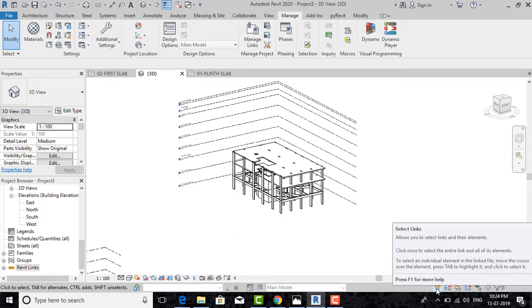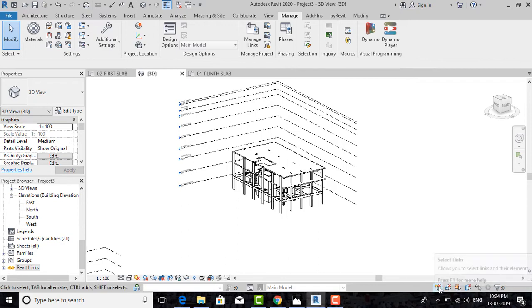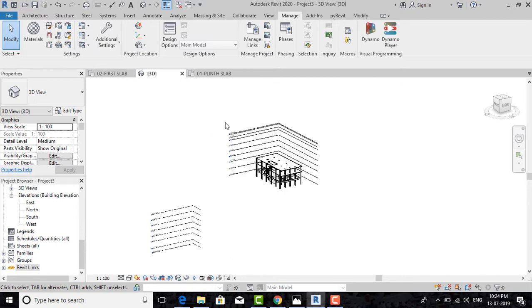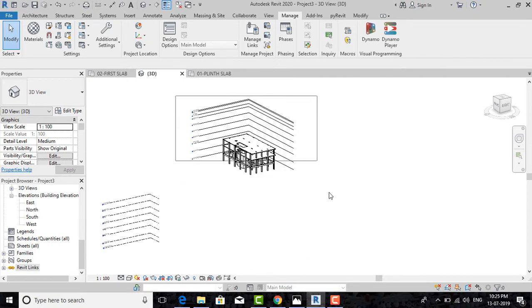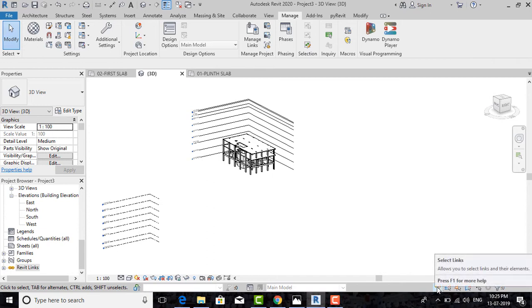Now if I hover on this, you can see I will be able to select this linked file and I will be able to move the linked file. But there is one option here on the bottom side. If you go here, there is a Select Links option. If I click on this,